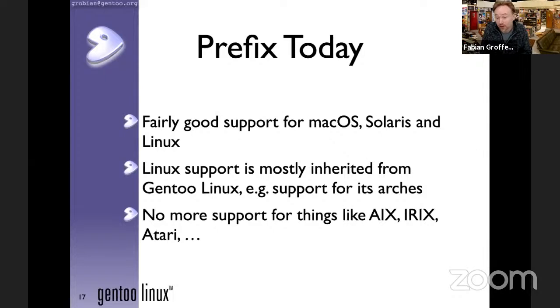Well, yeah. Linux support has the big advantage that it gets all of the support from Gentoo main. So Gentoo runs itself on a plethora of architectures, ARM, PPC, PPC-LE, RISC-V, whatever, you name it, they do it. In principle, in Prefix, this is all inherited.